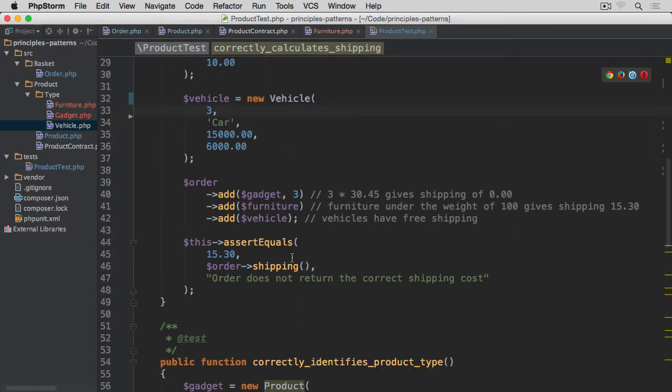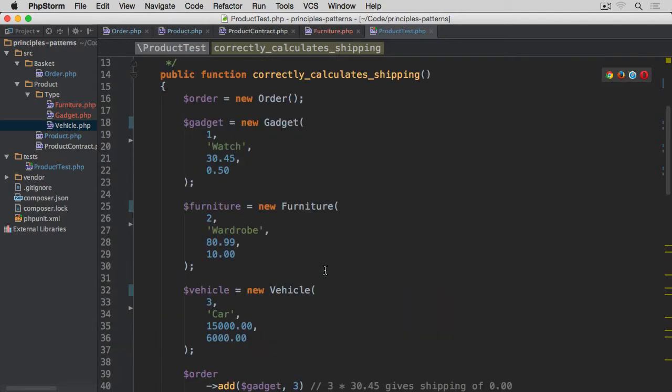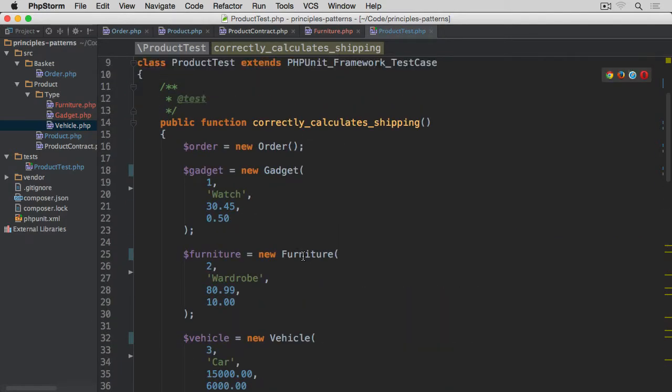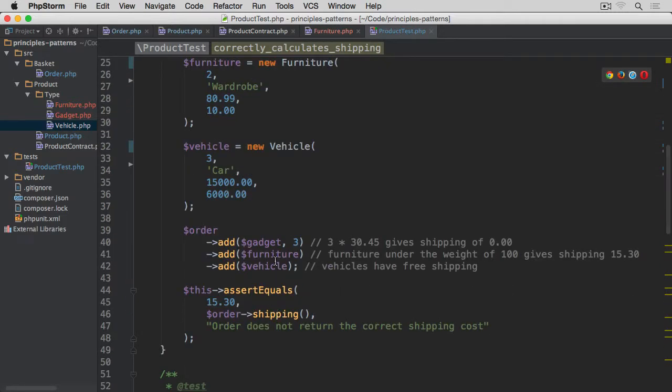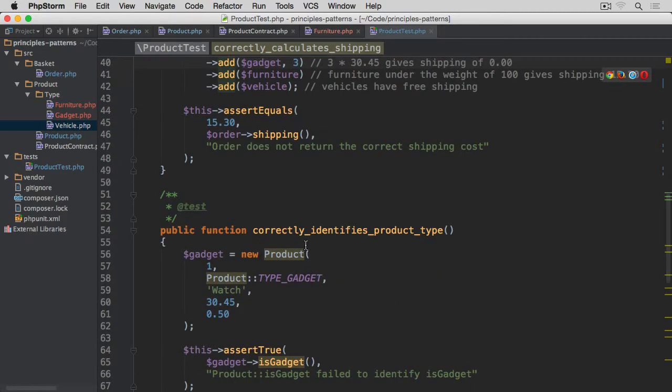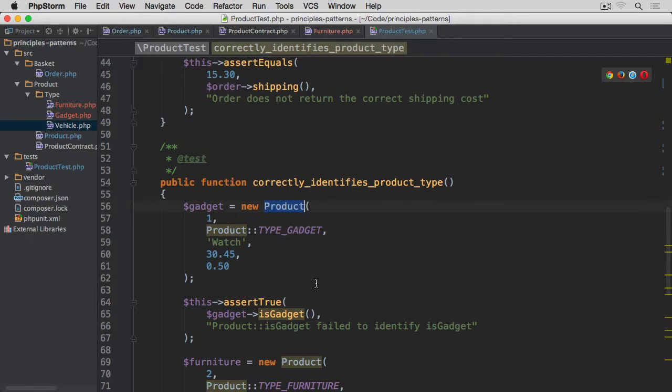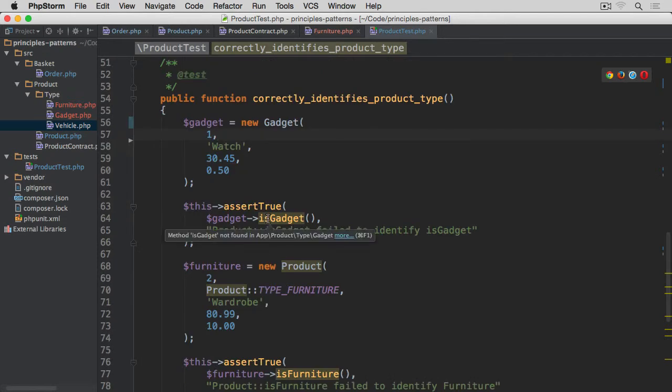And everything else stays the same because we're still passing these instances to the order class, to the order instance, and then calculate shipping using the shipping method. So the only thing we've changed now is rather than instantiating new product, we're instantiating a specific type of the product and then passing them through as arguments to this add method. Okay, let's straight away do this second test as well. So rather than product it is going to be gadget for this one, and remove this constant, and we're comparing if it's a gadget. We keep the method name exactly the same because these method names are basically used dynamically,